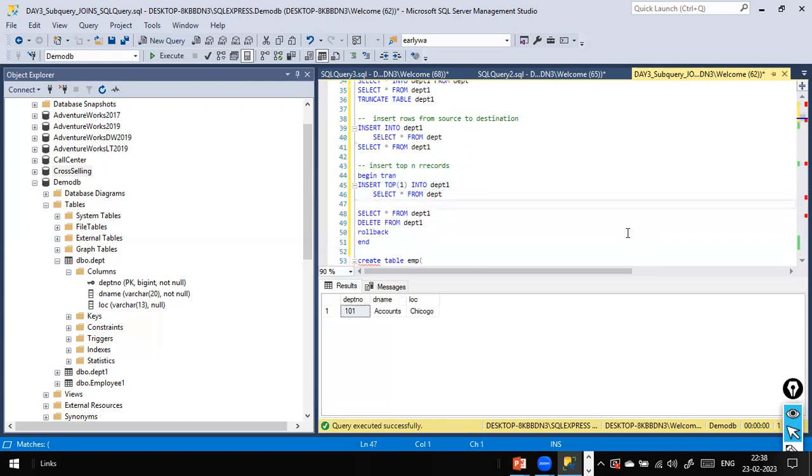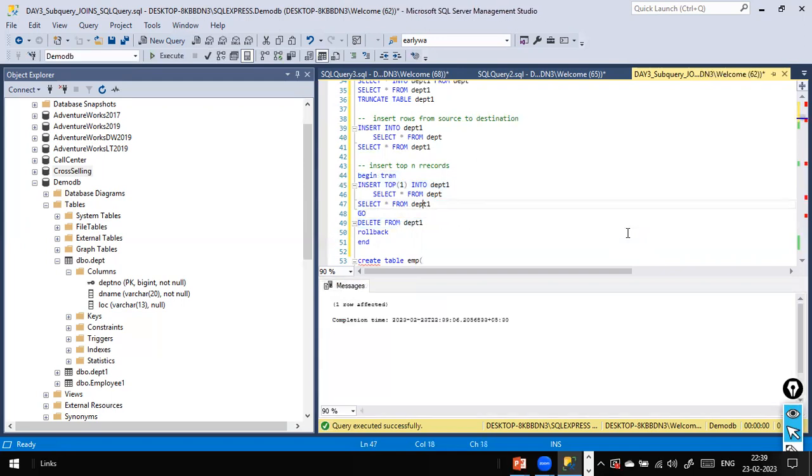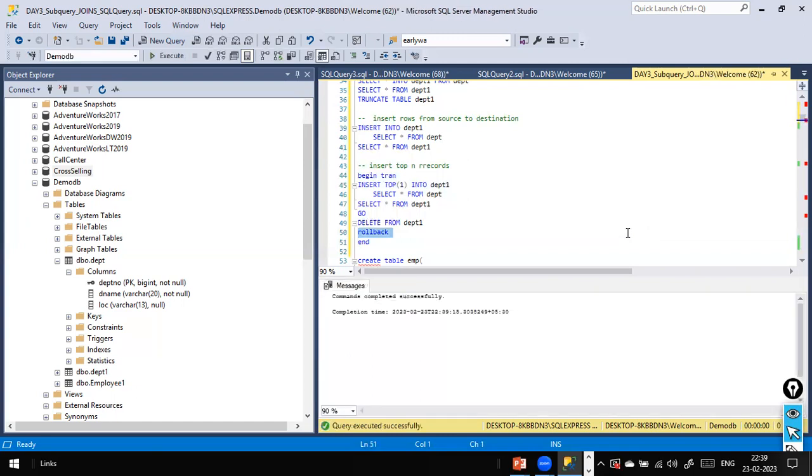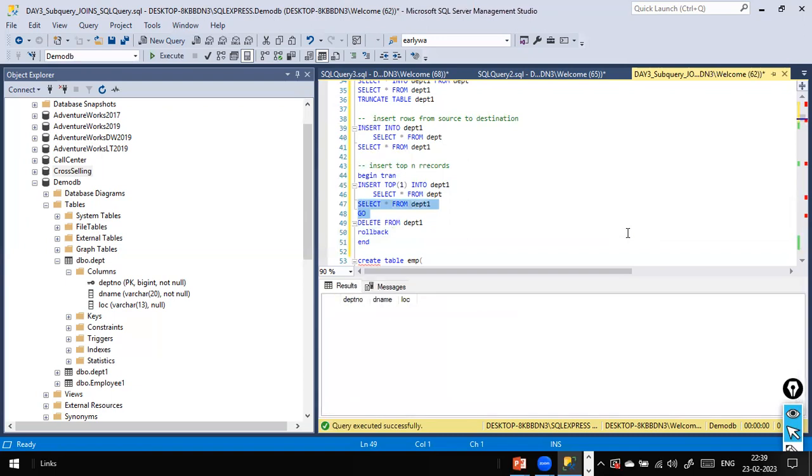I just use the go statement, and then followed by this, I will use go here. Otherwise, I just use here the go. Okay. And when I delete the one now, one row affected, and if I use select star from go, no records are there. When I use rollback, yes. And if I select star from department, it is not displaying. Rollback is not working here. Maybe